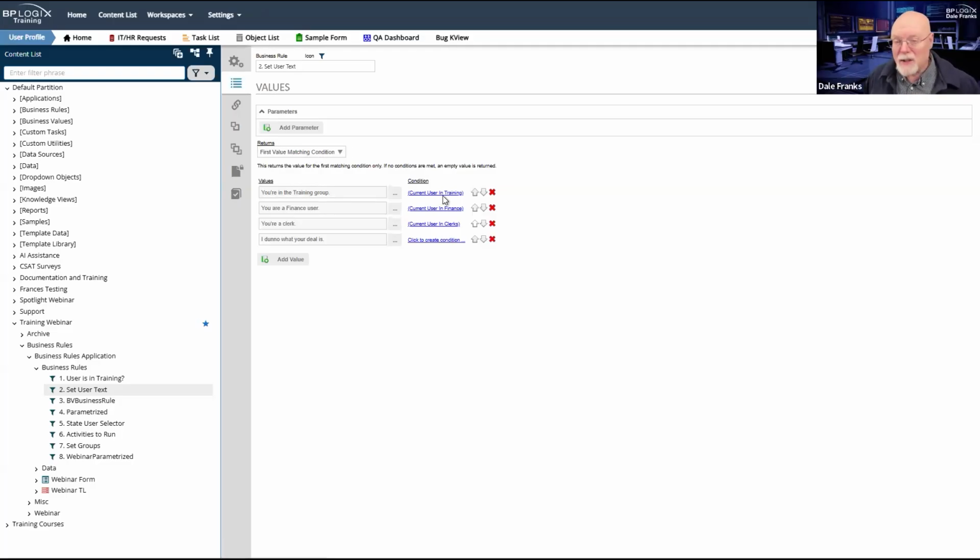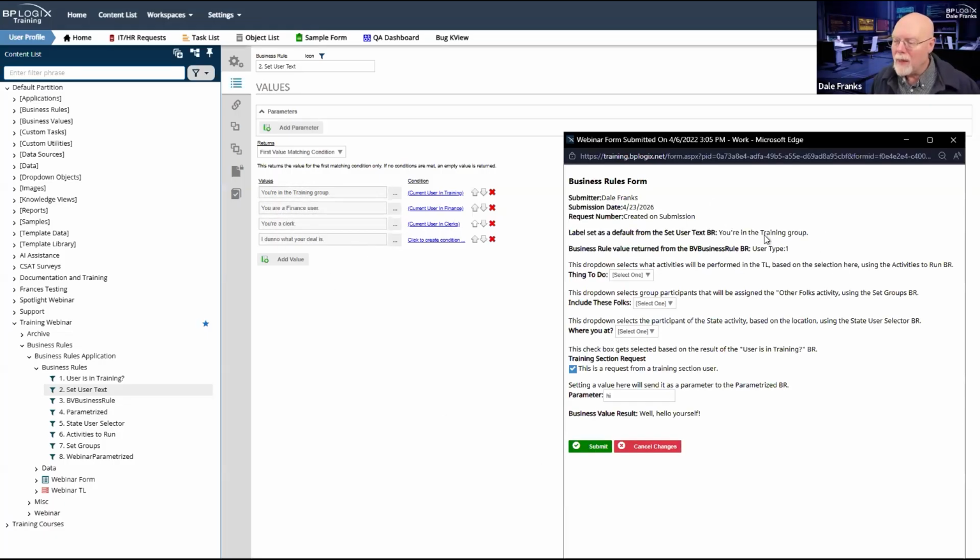But let's say that I submitted this form and I am not in the training, finance, or clerks group. Well, then what's going to happen? I presumably want to show the user something. The user is not in one of those three groups. Now, if they are in one of those three groups, I know what they're doing and I can tell, just as I did on the form, you're in the training group.